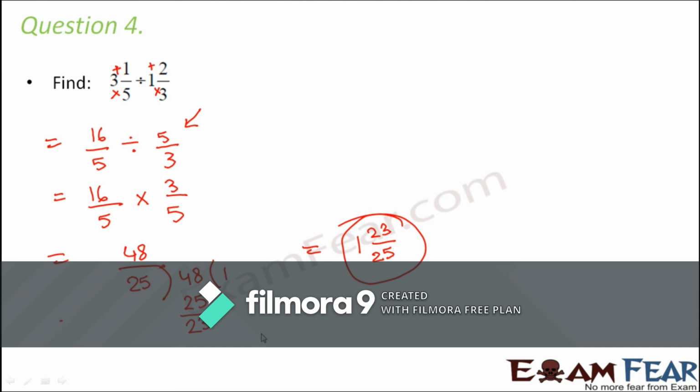So with this, I think you have understood how we perform division on fractions. Now see, multiplication or division on fractions are not complicated things. These are very basic, simple things. It is just that you need to do them step by step and try to practice more and more questions so that you get a hold of it.